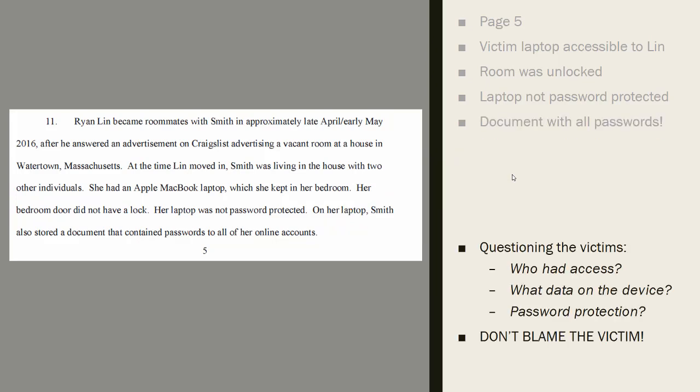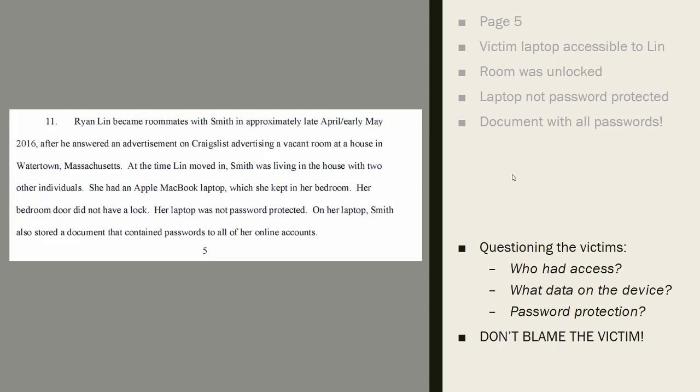Now with that, when you're interviewing victims, one of the big questions to ask is who had access to a device, who had access to the data on the device. You can have physical access to the device, but who actually had access to password protection, for example, or was it password protected at all? Any shared online accounts, such as iCloud: did anyone besides the victim have access?